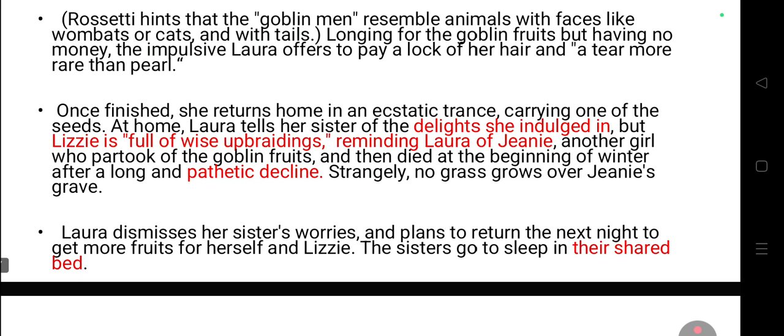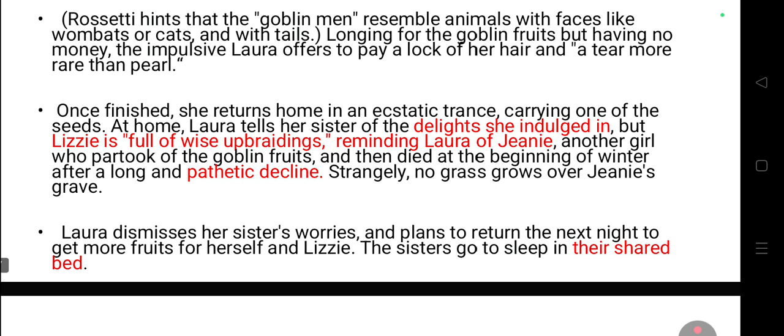So now she is in a very different mood, carrying one of the seeds. So she had some seeds with her after eating those fruits. Having seeds with her means she has the memory of that eating, or that being with